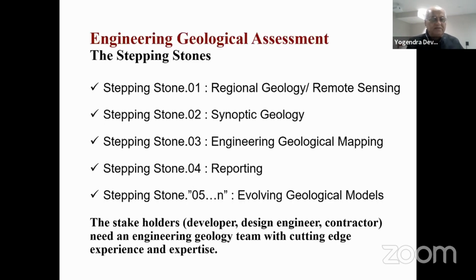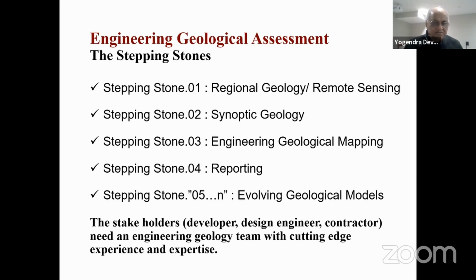So in the engineering geological assessment of a project, I consider there are five steps, or afterwards more. We start with regional geology, synoptic geology, engineering geological mapping, reporting, and evolving geological models as infrastructure development takes place at the project and a lot of new data starts coming in.